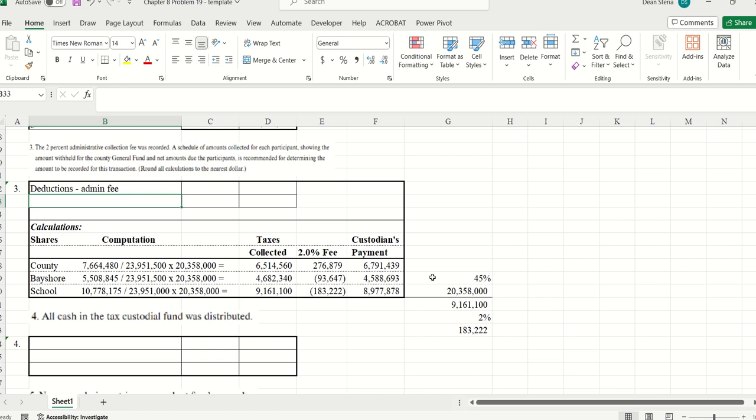And we are going to debit that for how much? Well, how much are we getting? The 276,879. Right, 276,879. Okay. And then we're going to credit